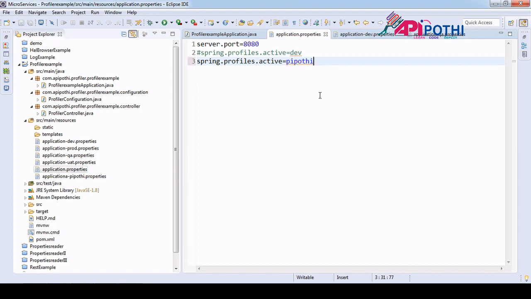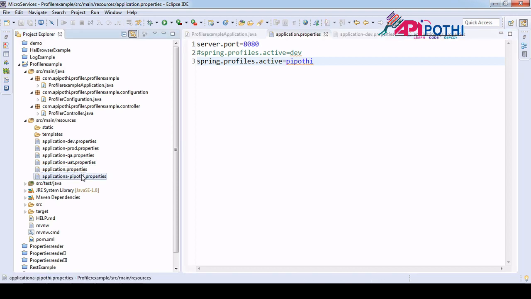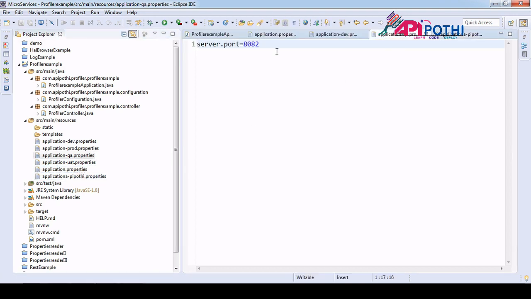Okay, now fine. So my API Pothi, this is my properties file, and I want this properties file to be run on something called 8086.